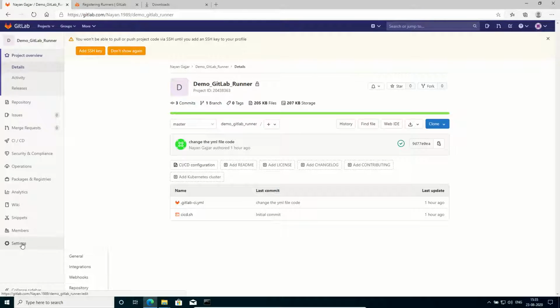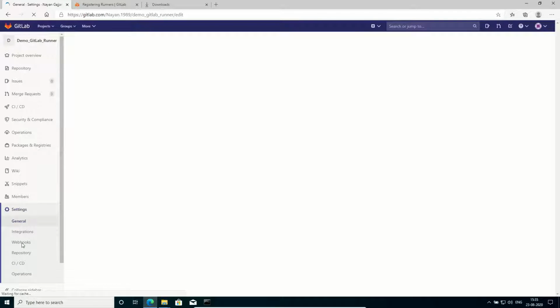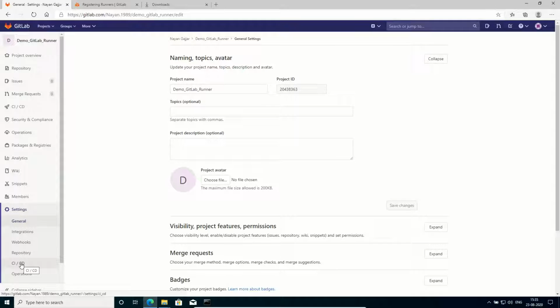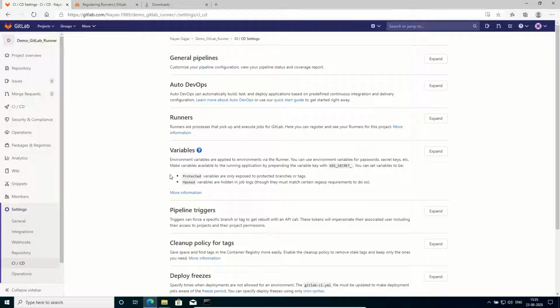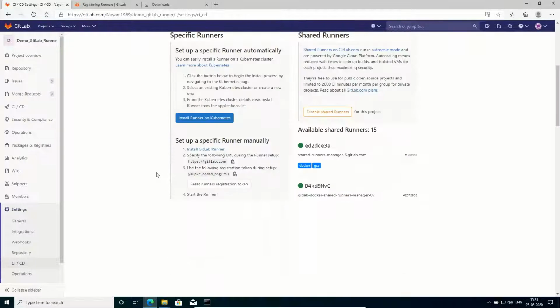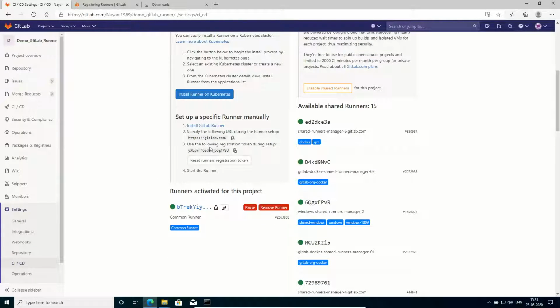Settings, CI/CD, now I will expand this runners section, and from over here I will get the token. So I will copy this token.